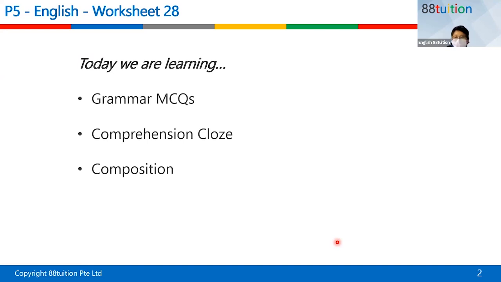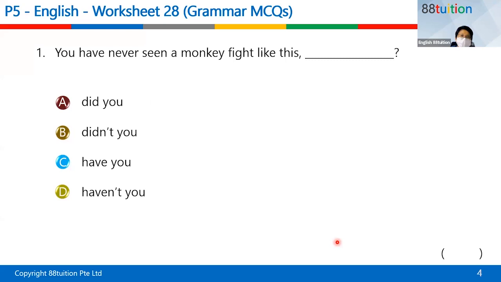Then there's going to be comprehension cloze. All right, so how we do comprehension cloze, you need to write down all your clues, your arrows and your clues. That's why some people download the question paper and then they can annotate. You don't have to do that if you are quite savvy using iPad and your XP Pen, and then you can write your answers digitally. So it's fine. All right, so we move on now. MCQ. So we are doing this thing called tag questions. You have done tag questions from lower primary, okay?